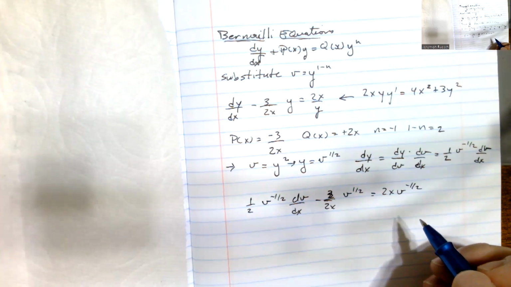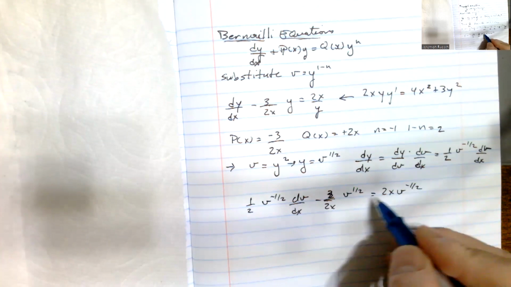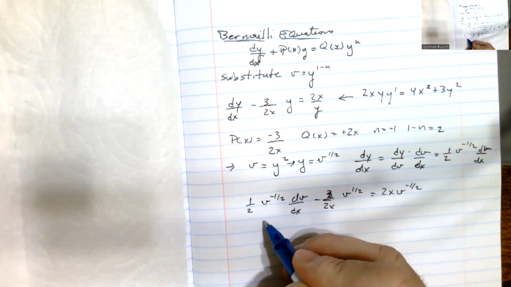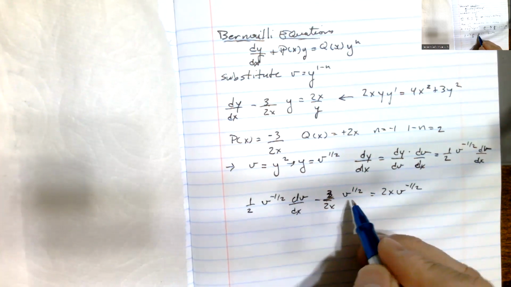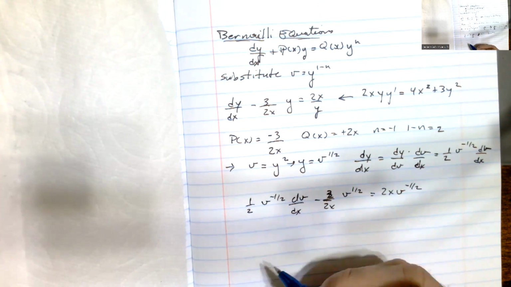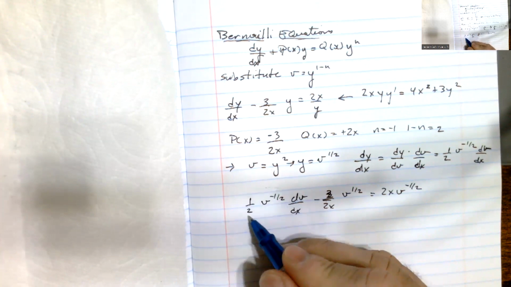Let's see. It looks like v to the minus 1/2, v to the 1/2. So it looks like if we multiply through by a v to the 1/2, that's actually going to be a really nice, helpful thing. In fact, if we multiply by this quantity,